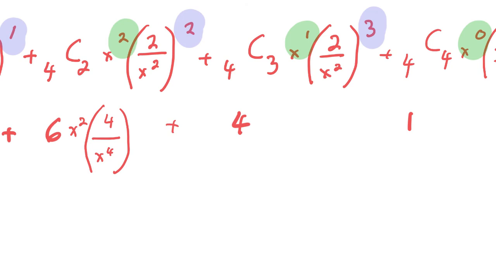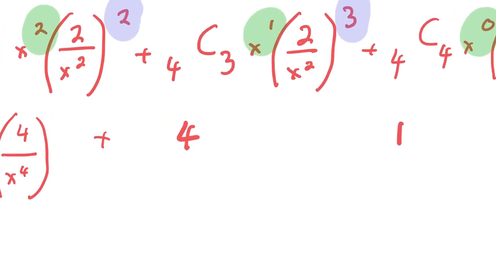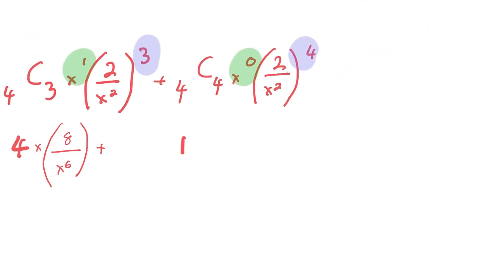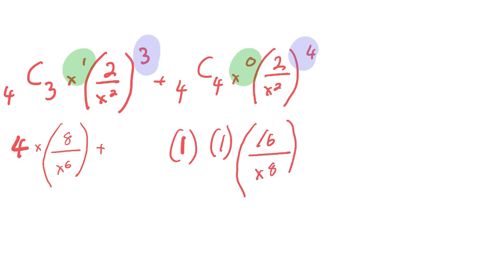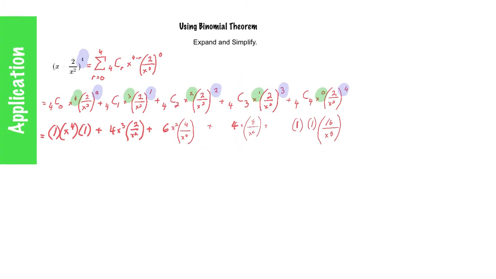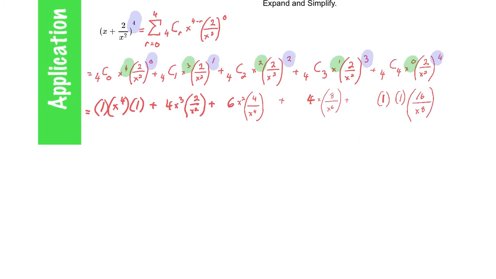Okay, 4 choose 3 is 4. x to the 1 is x. 2 cubed is 8. x squared cubed is x to the 6. And then plus 1. x to the 0 is 1. 2 to the 4th is 16. And x squared to the 4th is x to the 8th. And lastly, that will become x^4